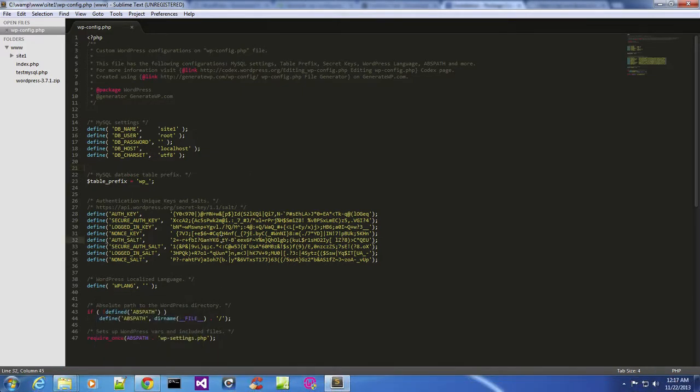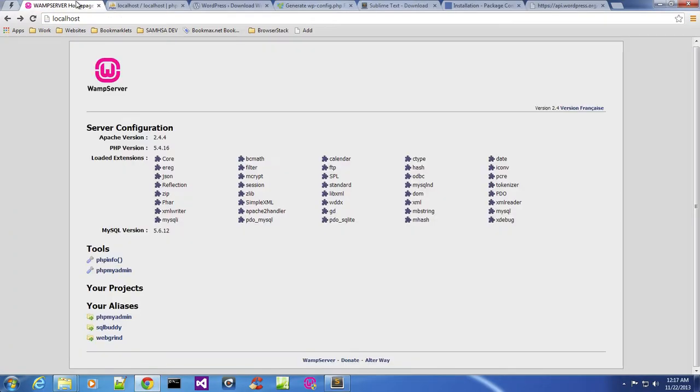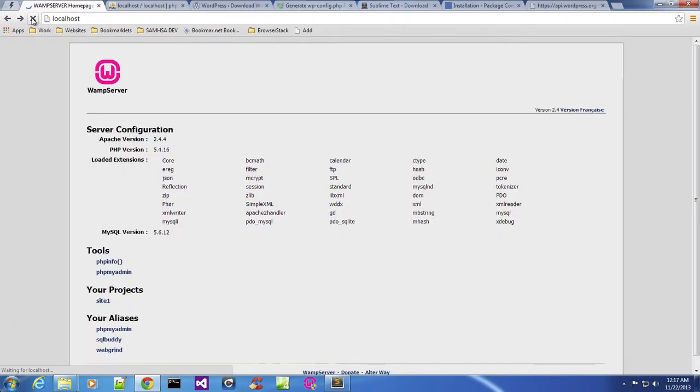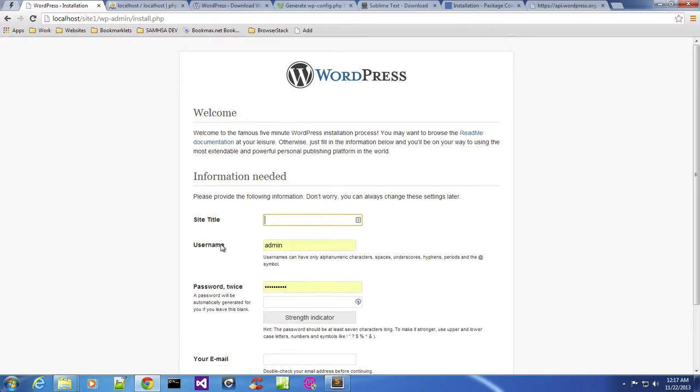Go back to my browser. Since I have all my configurations set up, I go to WampServer, refresh my WampServer page, and I see my site one there. Click on my site one, and bam, here we go. So I can go ahead and enter site one,